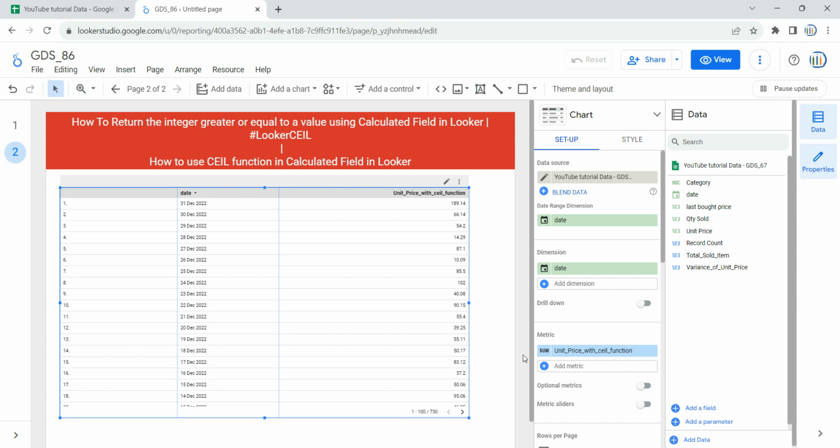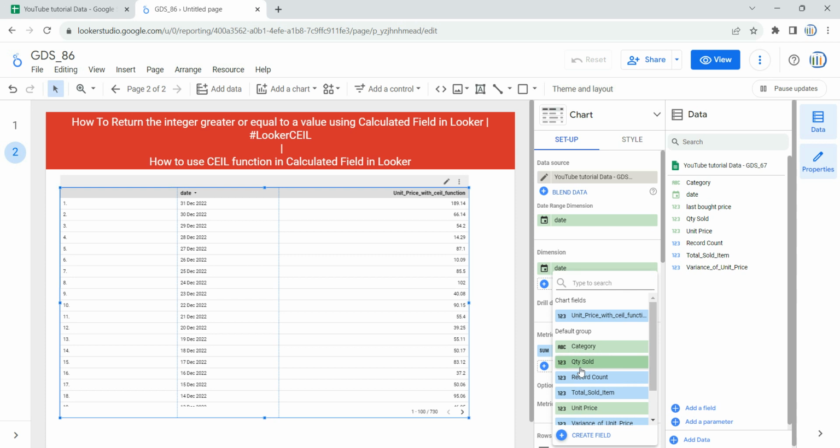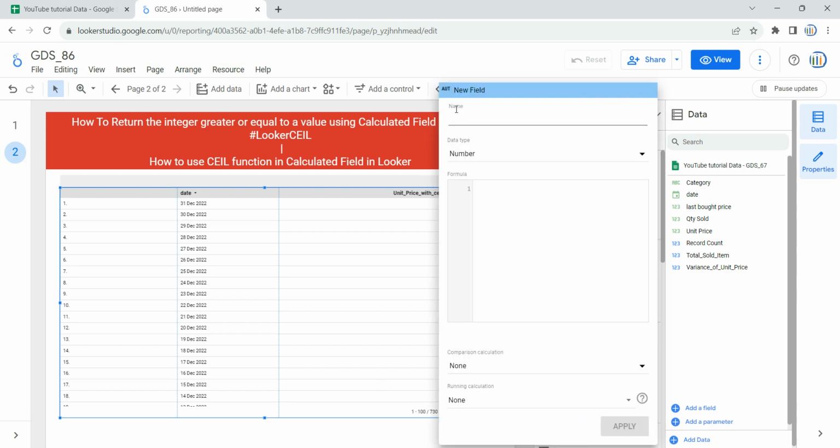And to do that, we will use the calculated field. In order to use the calculated field, you need to click on add a metric, then you need to click on create a field, and you need to give a name first. So for us, the name of the output field will be unit price using Ceil function. So I'm going to give this name unit price with Ceil function, and then I'm going to give the formula, which is Ceil